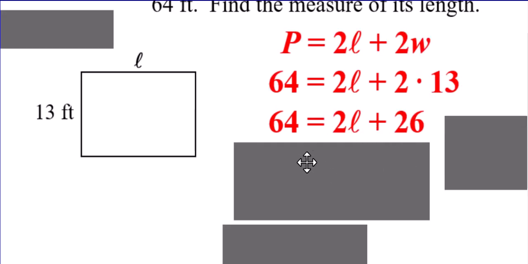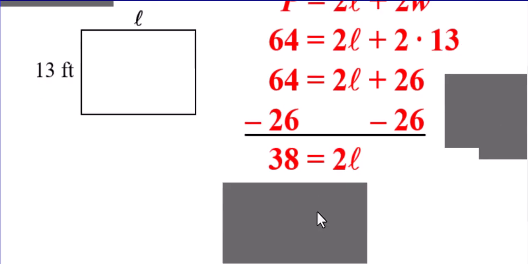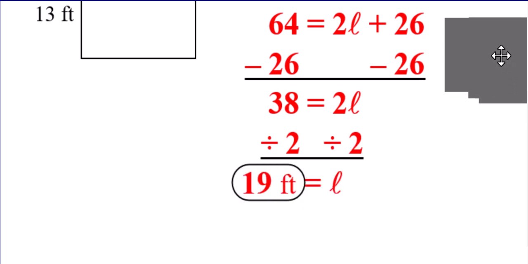Let's now do inverse operations. Inverse of adding by 26 is subtracting by 26. That would give you 38. Inverse of multiplying by 2 is dividing by 2. And that's going to give you 19 feet. And that concludes the guided notes